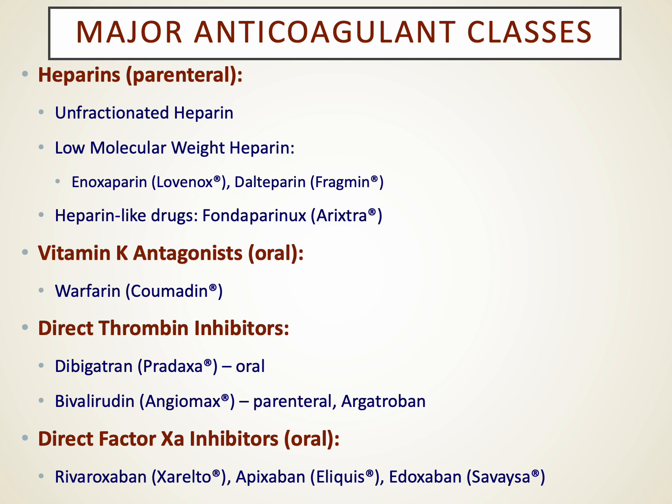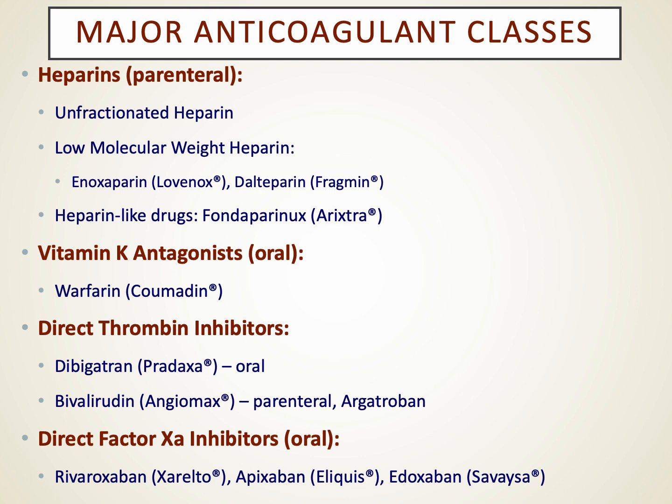We also have the vitamin K antagonists, for which in the United States the only one we have is warfarin or Coumadin. There are a couple of different brand names in addition to Coumadin for warfarin now. And for the last 3 decades, Coumadin has been the standard oral anticoagulant we've had. It really hasn't been until the last 5 to 8 years that we've had some alternatives to oral Coumadin